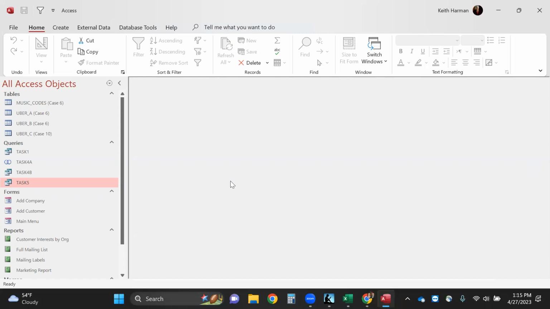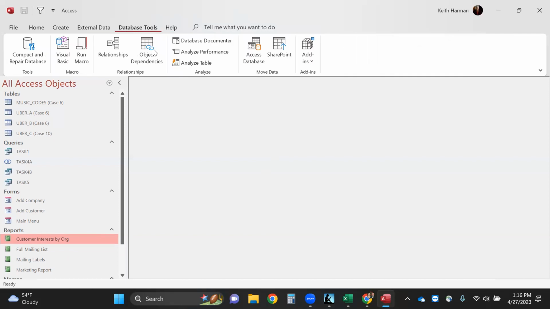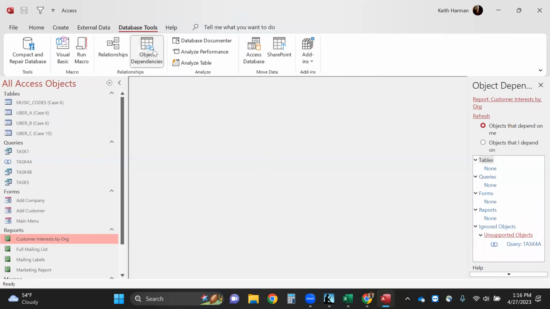to them in a reasonably easy manner, that is, using the form. Then some reports, okay, and these are the music interests by organization, and I clicked on it there, okay, and now I'm going to go to the database tools, and I'm going to look for the object dependencies, okay, and